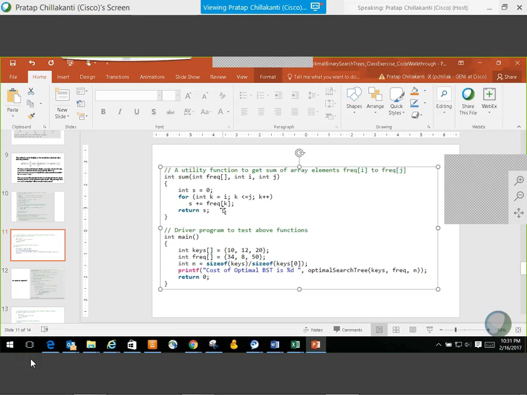And write down the keys 10, 12, and 20, and just underneath them, the frequencies 34, 8, and 50. It should take you no more than 1 minute to write those 2 things. In 1 minute, I'll switch the slide.